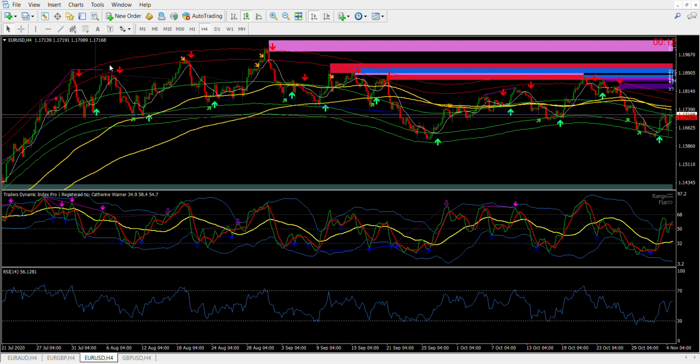I'm just going to draw a trend line over here. Okay, there we go. So here we can see we did get signals here at this resistance point on the trend line, another signal here at this resistance point on the trend line, and another signal over here on this resistance point on the trend line. So we can use this indicator along with